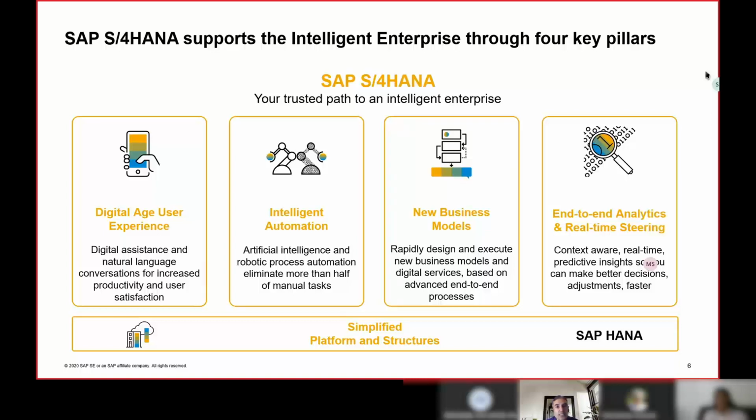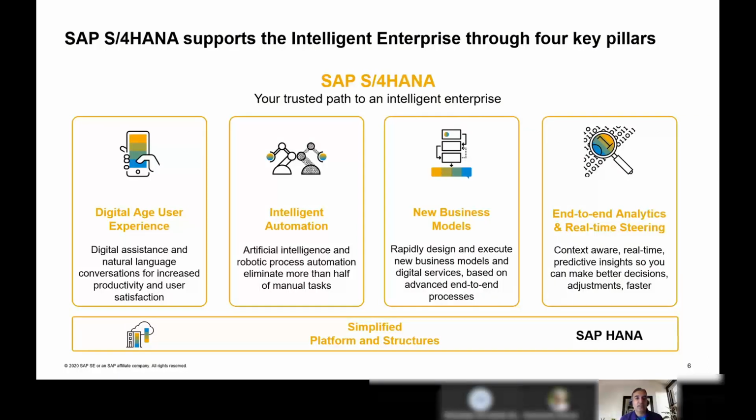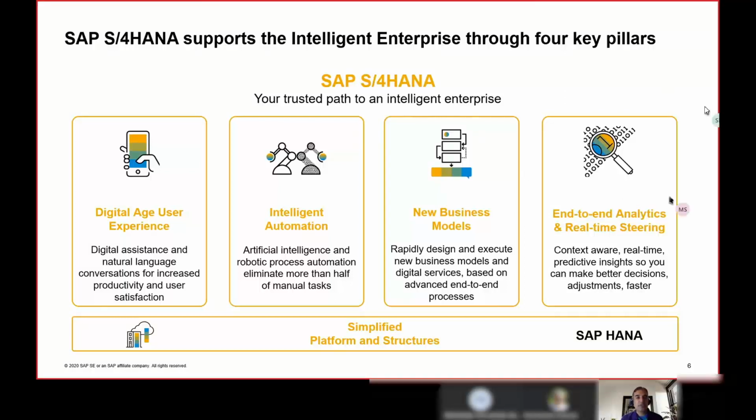SAP is always taking this approach, trying to see into the future and deliver these new business models for our customers, which customers can directly consume or adopt to make their processes more efficient. So hence SAP is delivering, again, from the SAP point of view. Now if you see from SAP S/4HANA how this intelligent enterprise has been built, there are 4 important pillars which we talk about. From a customer point of view, we have the simplified platform as well as the services enabled by SAP, which customers can consume and enhance their business scenarios.